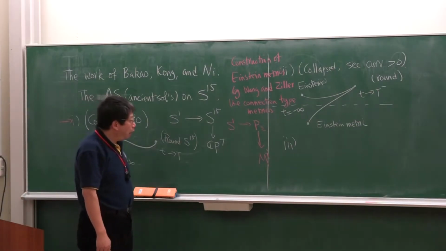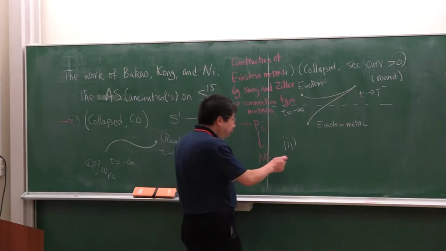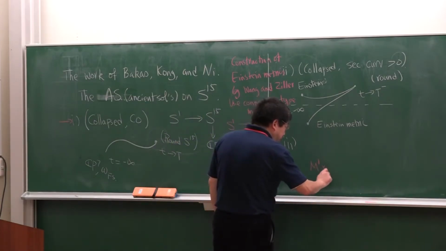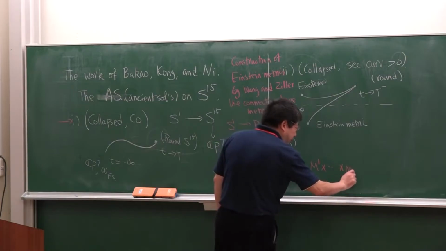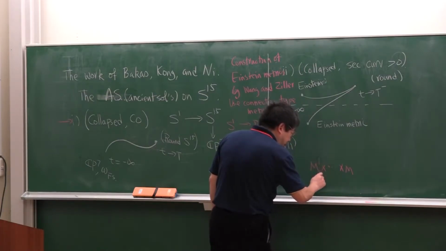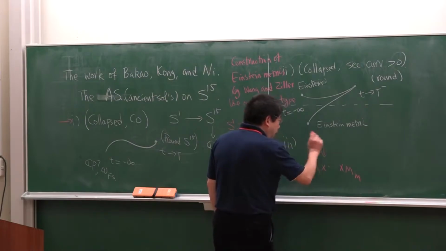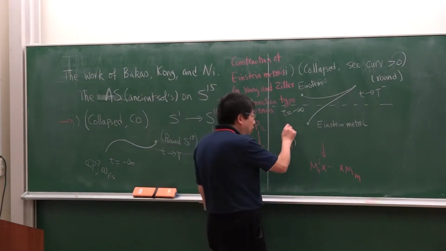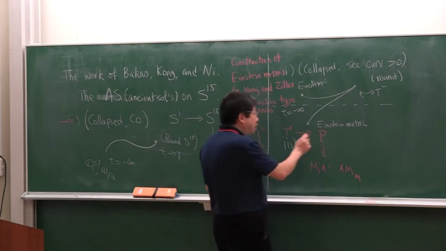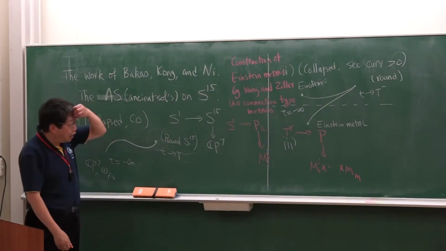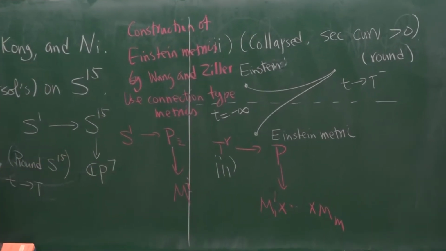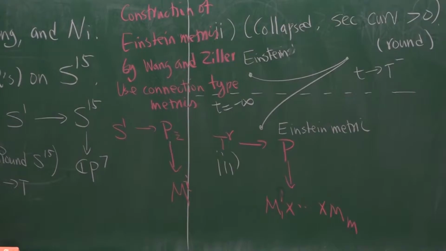So if you take a few products of this one, we can construct a torus bundle over the space. So basically it is some product of those line bundles. Then you take some quotient of that. So what we did is